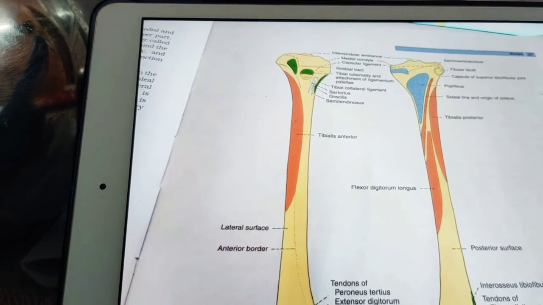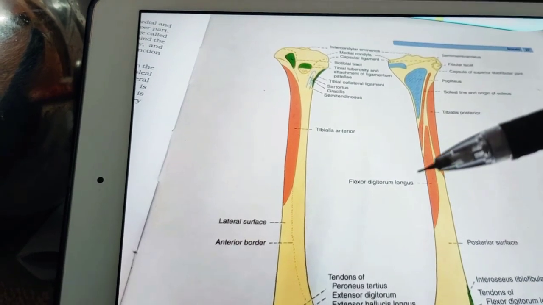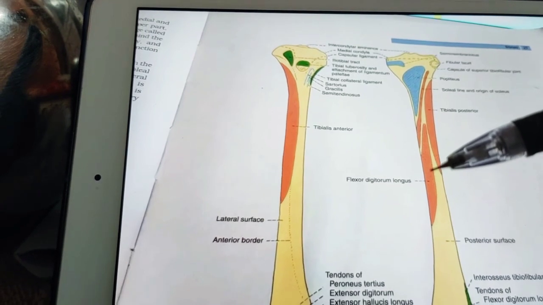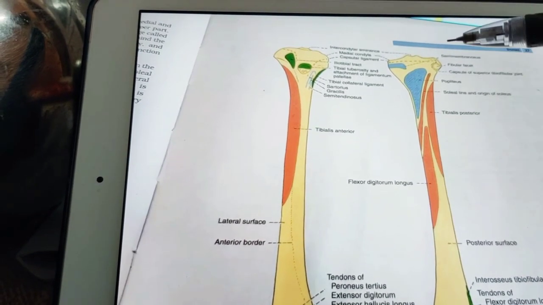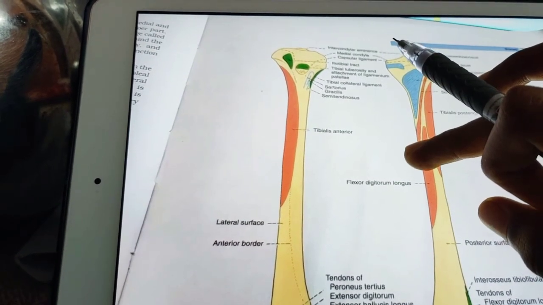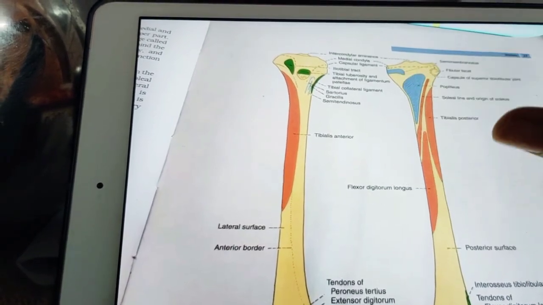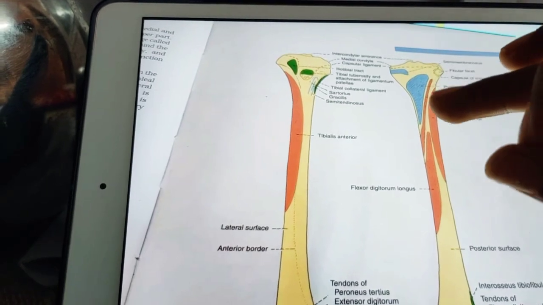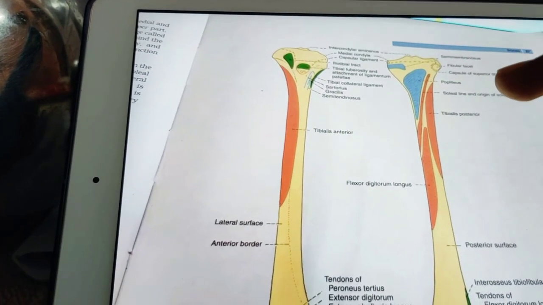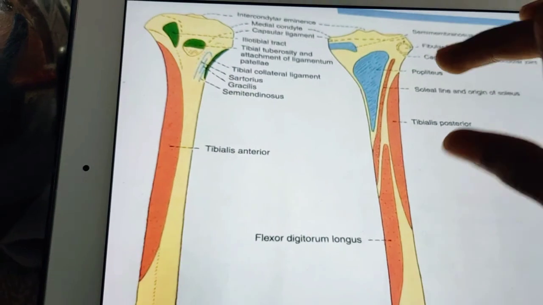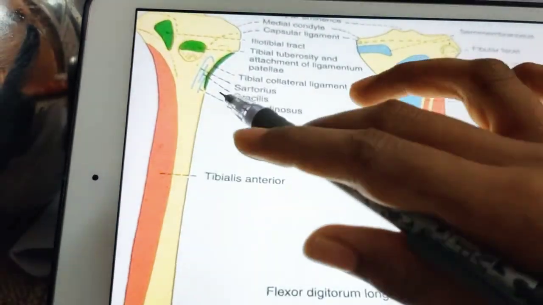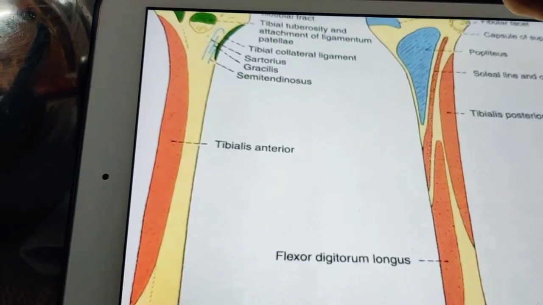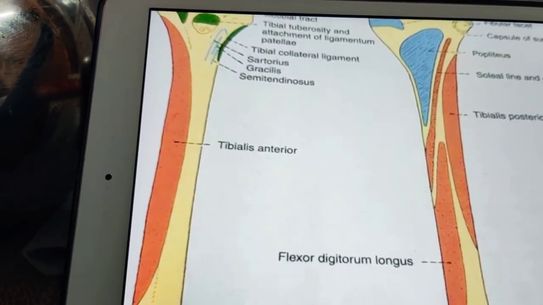If the foot gets caught in a hole in the ground, there may be forcible abduction and external rotation. In such an injury, first there occurs a spiral fracture of the lateral malleolus, then eversion injury of the tibial collateral ligament. Not the medial malleolus, the lateral malleolus of the fibula. But because of that, there is a problem in the tibial collateral ligament, which we discussed earlier.